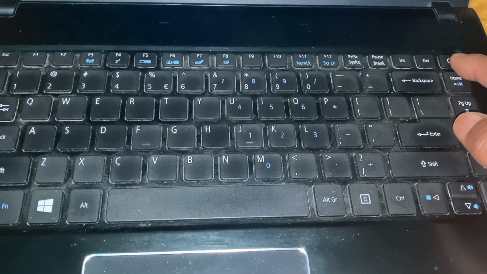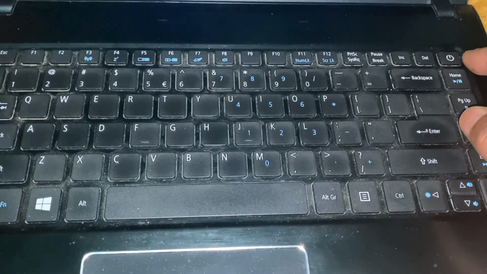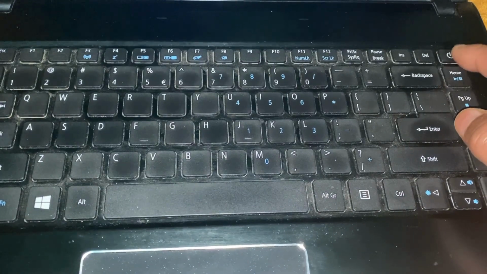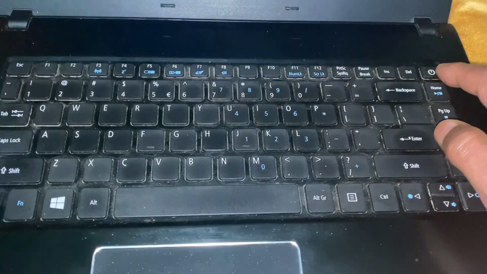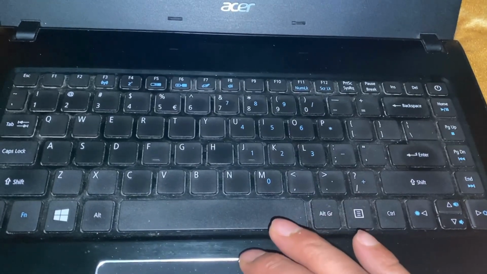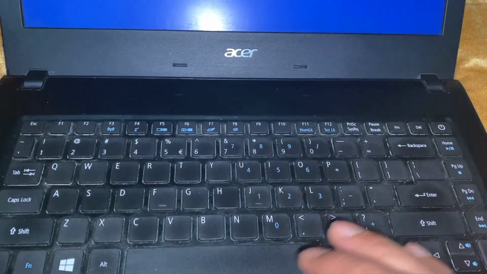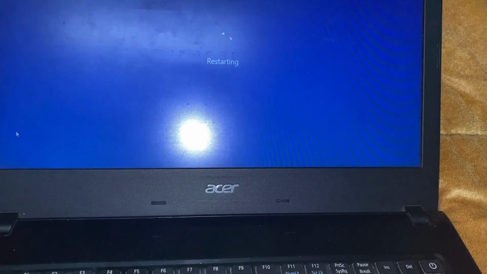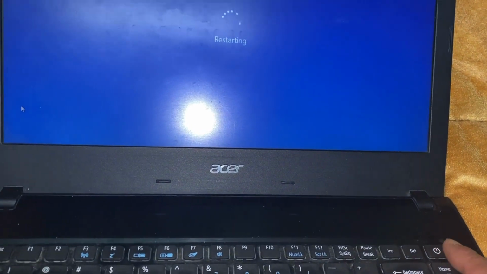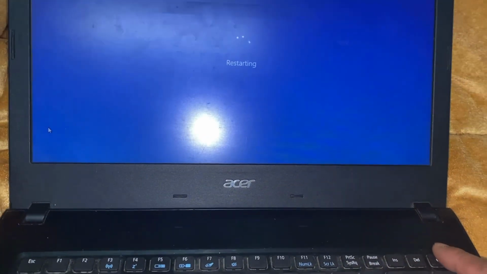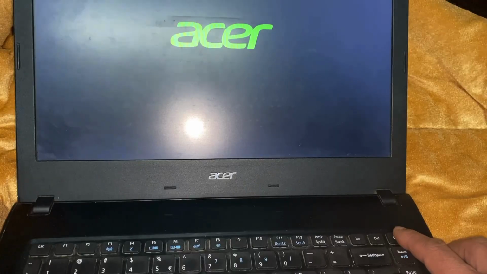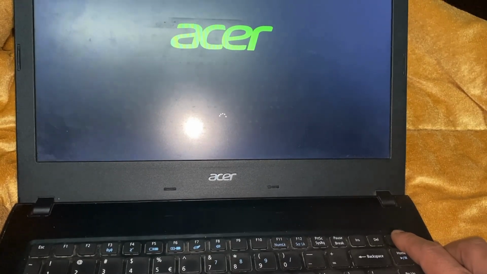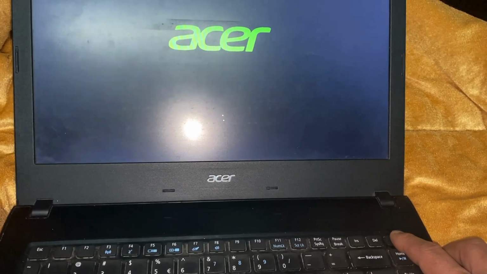When it gets ready for restart, we'll shut it down by pressing the power button. This is the power button, you can see over here. So let me start. The system is restarting. I will show you when to press this button. At this very moment,